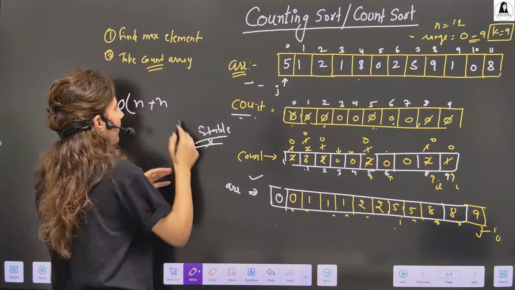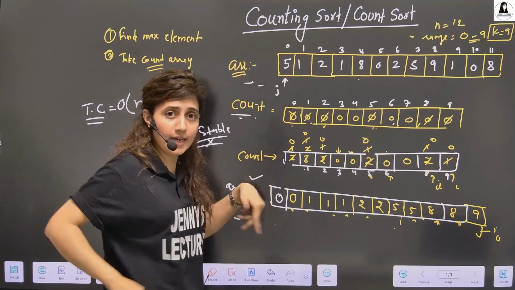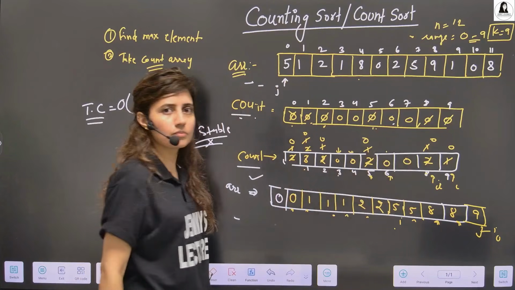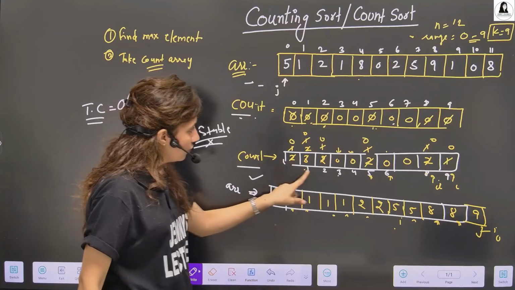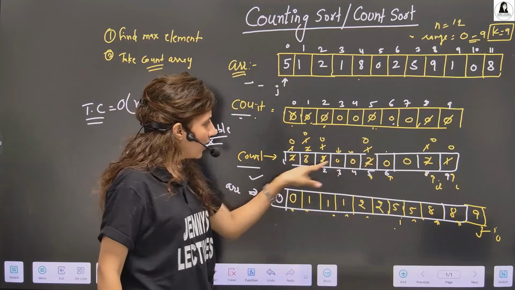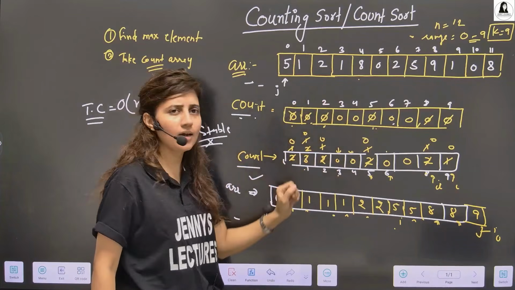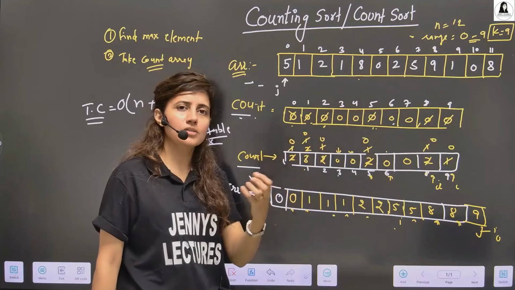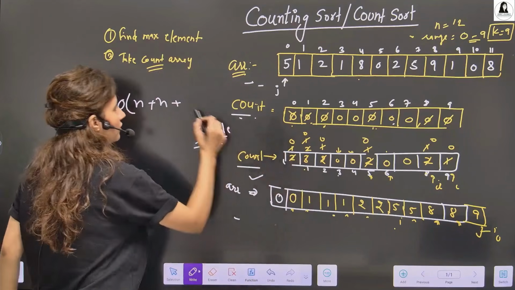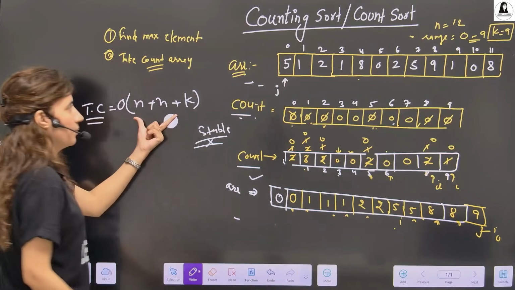Then what are we doing again? Now to update this original array to make it a sorted array, we traverse this count array from here to here. Keep updating and accordingly we keep changing this. But this count is not n. The number of elements here is whatever the range is given. You can say m or k, anything you can take. Let's suppose k. So we traverse this k times. And that's it. So this is the time complexity.